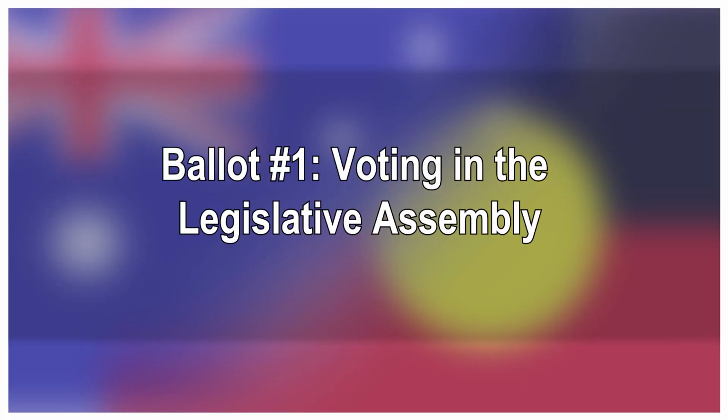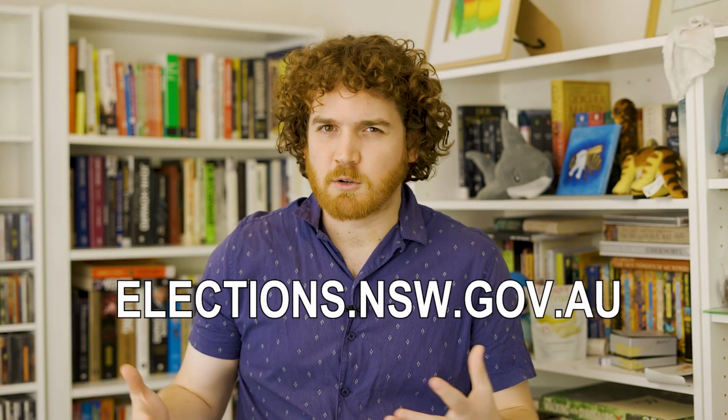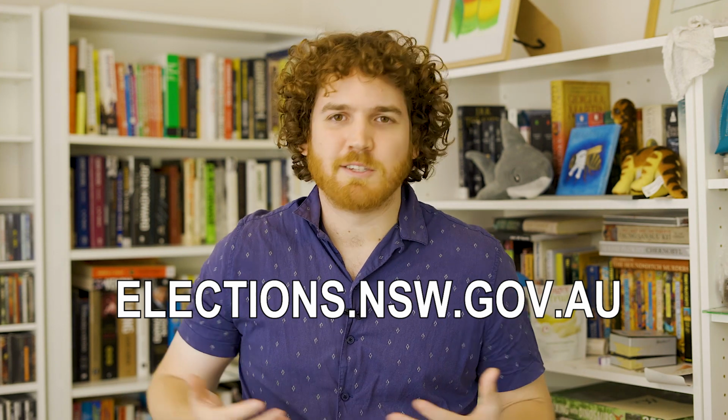So, ballot number 1, voting in the Legislative Assembly. It's pretty easy. New South Wales is divided into 93 areas called electoral districts, or seats. Each seat has a similar amount of people in them and is represented by one person. So you are voting for the one person who represents your area in the Legislative Assembly. Then whoever gets more than half of those 93 seats in the Legislative Assembly is the government, and their leader is the Premier. To find out which electoral district you live in, go once again to